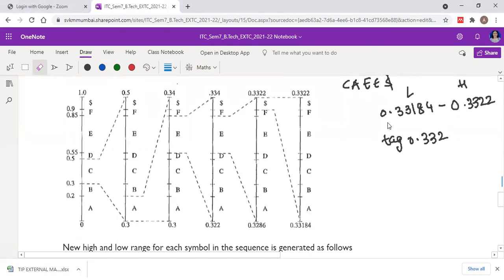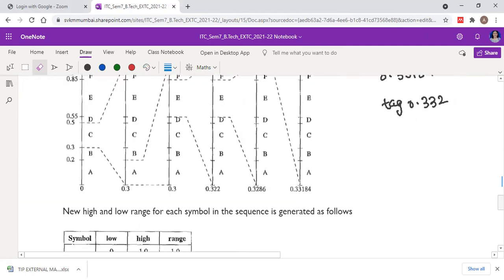So the lower range is 0.33184 and the higher range is 0.3322. The tag could be anything in this range. Let us say the tag is 0.3322.